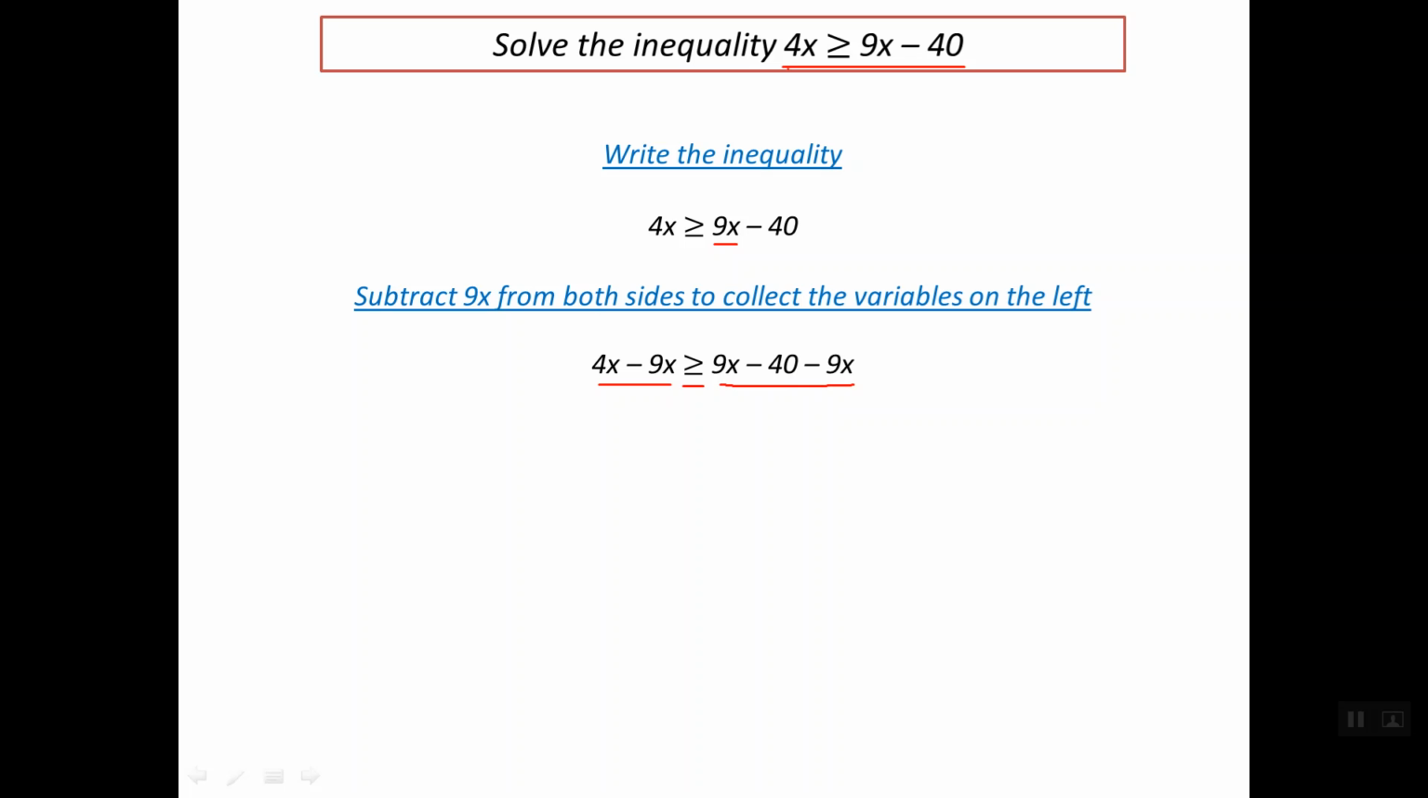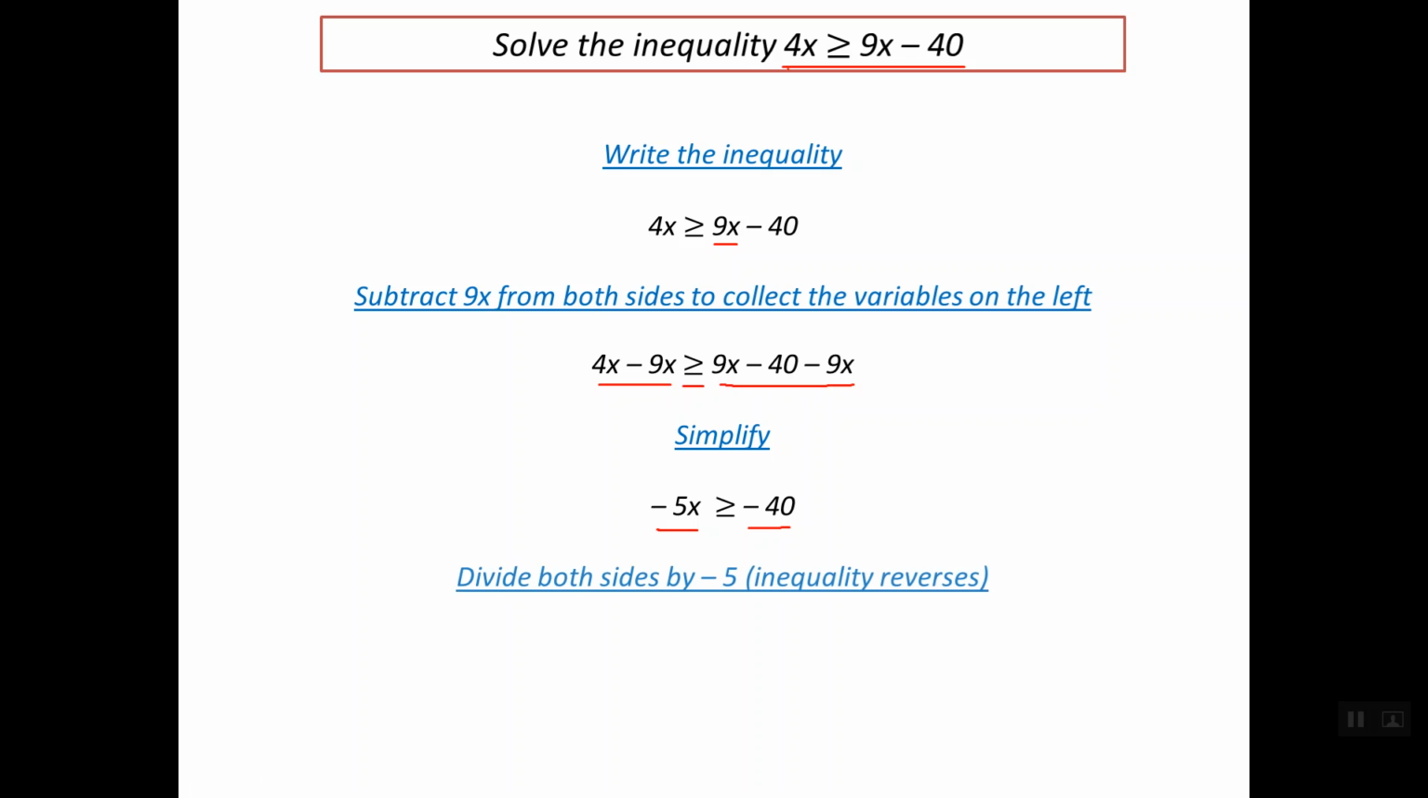Now we can simplify both sides. For the left side, 4x minus 9x gives us minus 5x. And for the right side, 9x and minus 9x is equal to 0, so we have minus 40. By this, the variable is alone on the left side of the inequality, but with a coefficient of minus 5. We need to convert this coefficient to become